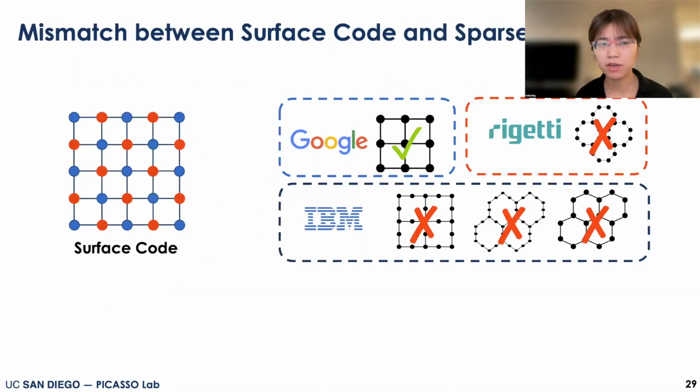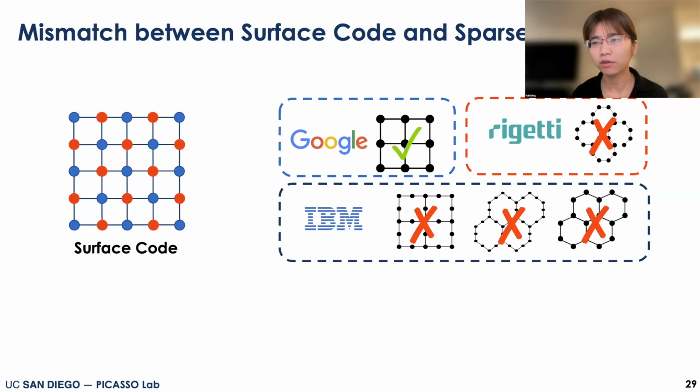So it all sounds perfect, but there's a mismatch between the surface code and the sparse architectures, the real hardware we can build today. I have to say, when the surface code was first generated, I think this kind of 2D lattice assumption was reasonable. It doesn't really sound very demanding, but it turns out in reality, that's not the case. Nowadays, only Google has this kind of 2D lattice structure, but it still has a great issue with fabrication yield when you want to scale up your machine.